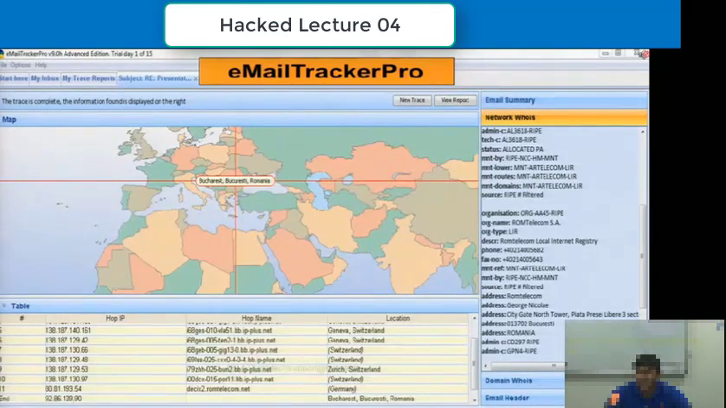So the email was sent from Bucharest. It traveled through various email servers in Europe, in Germany, in Switzerland, and then it came to India and it reached my system. So not only can you find out the origin of the email, you can find out the path taken by the email to reach you. And on the right hand side column, more information about the sender has been identified. See the IP address that you're seeing on the left bottom corner, that is